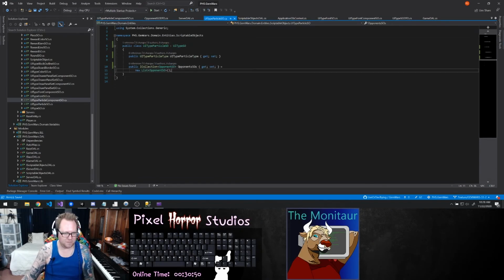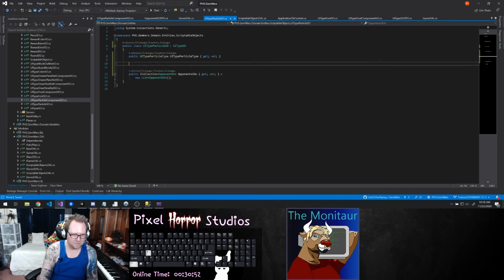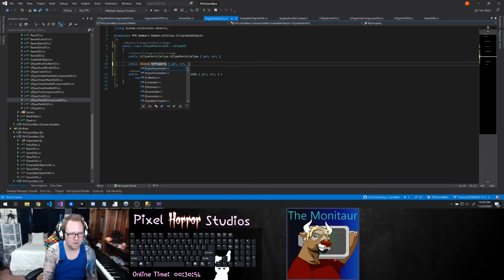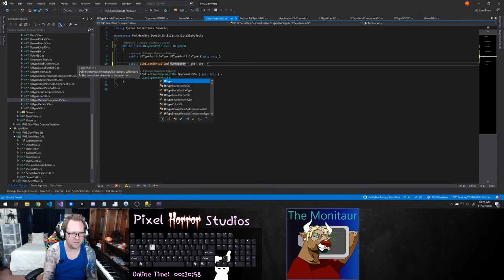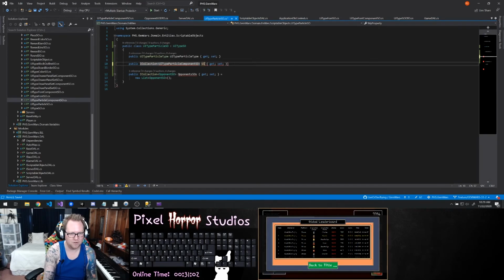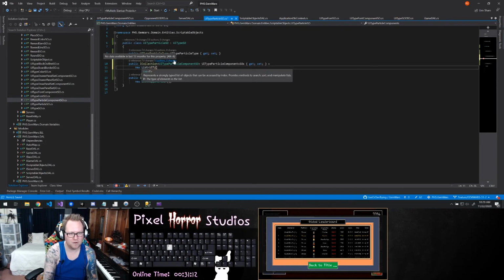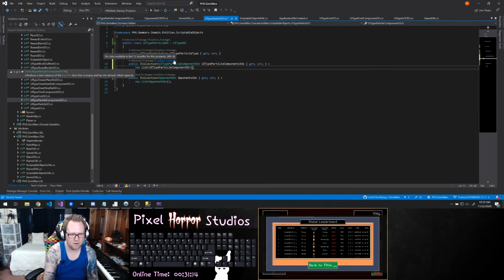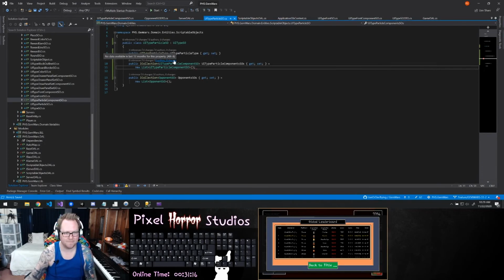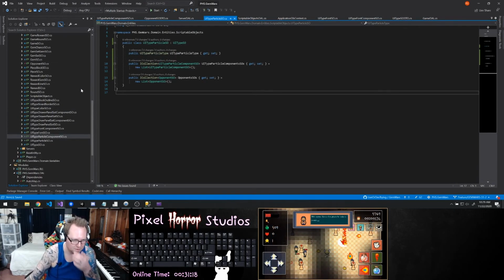And then in this, we want to add a collection of my UI type particle component SOs called UI type particle components SOs. Okay,